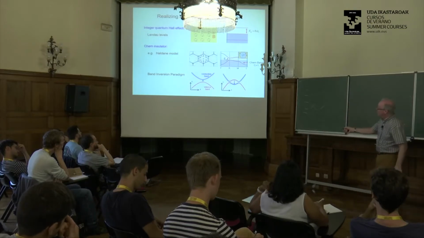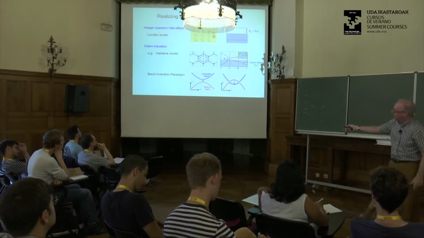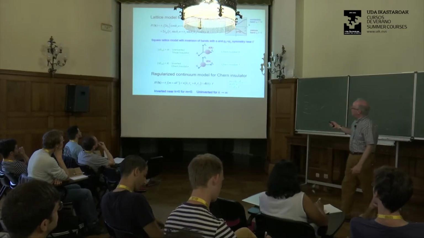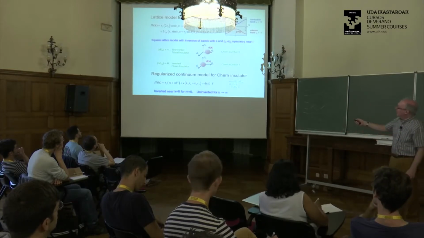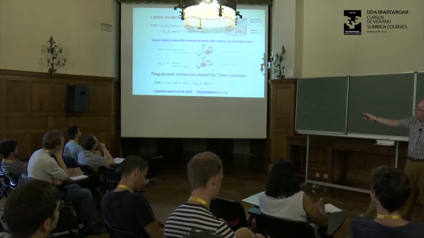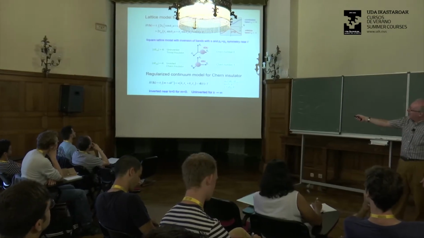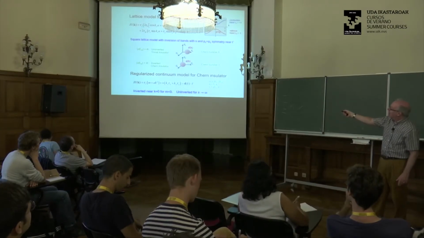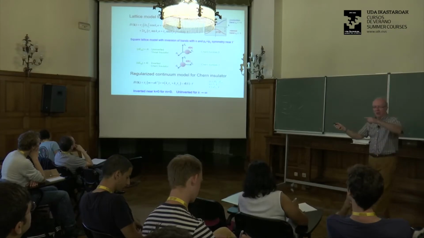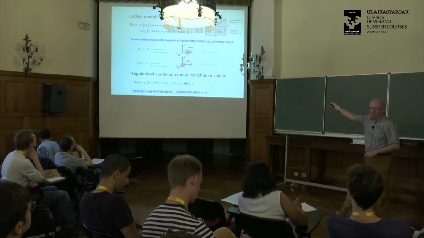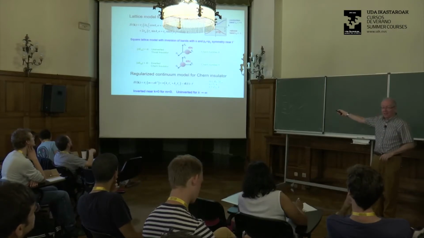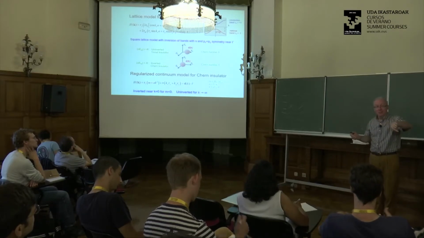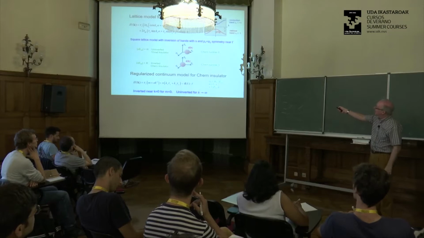And so I want to just talk about this a little. There's a very simple model that you can write down for this. I can write down a lattice model, which is to just imagine that I have, say, a tight binding model on a square lattice, with S states and P states, again two bands. So I have an S state and a P state. And I'm going to pick the P state that has m equals 1, so it's like p plus ip. So if I have those two symmetries, then I can just write down a lattice model.